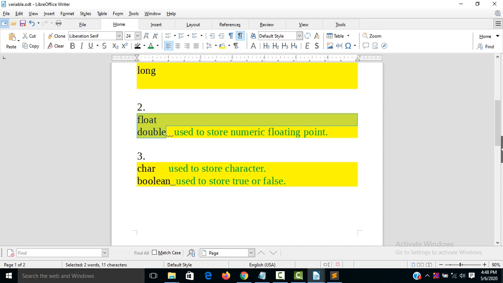And the third part: the first one is character and the second one is boolean. The character data type is used to store characters, and boolean is used to store a true or false value.